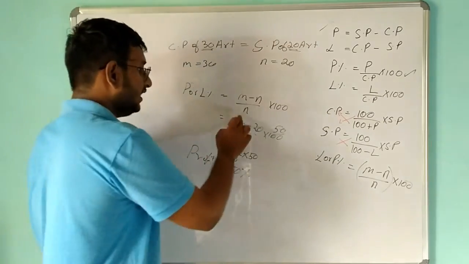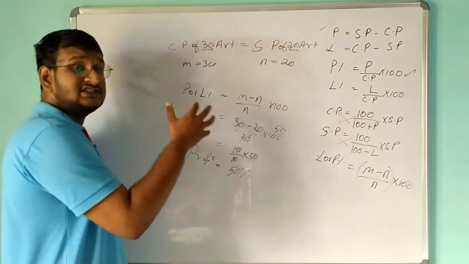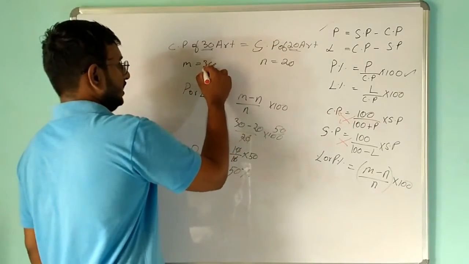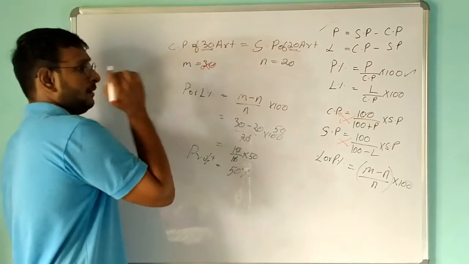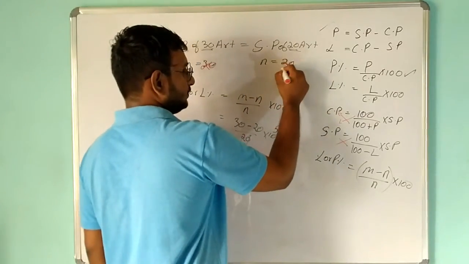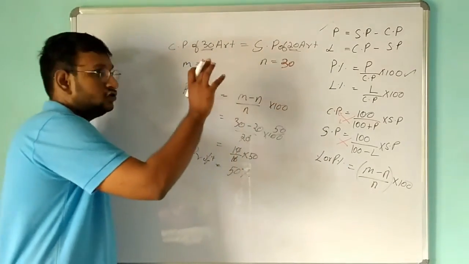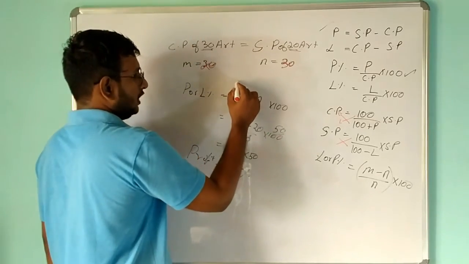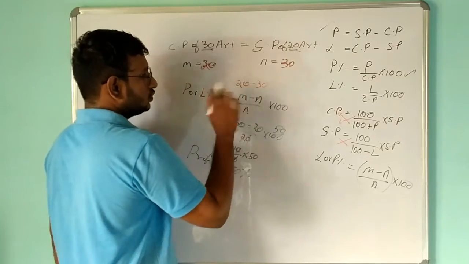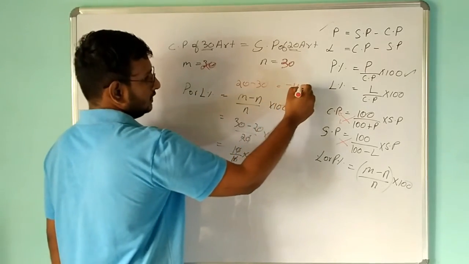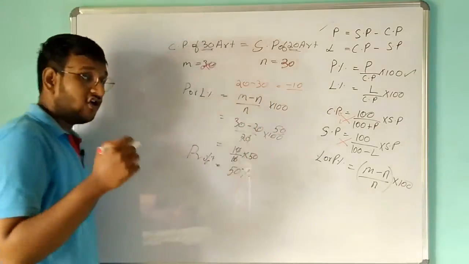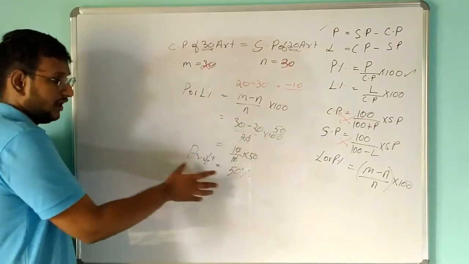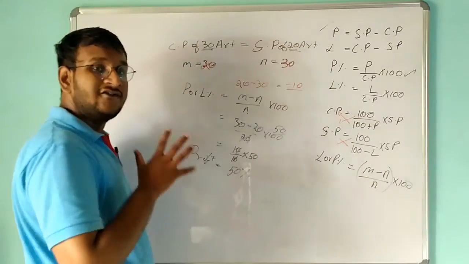In some cases we will get minus 50 if m is less than n. For example, in some cases they might give let's say m is equal to 20 and cost price of a product is 30. Okay, so in this case the game changes, right? So here we will be having 20 minus 30, right? So in this case we will be having minus 10 above, so we will be incurring a loss of 50%. Okay, so that's not the case here. Here we are having a positive value, so the profit is equal to 50%.